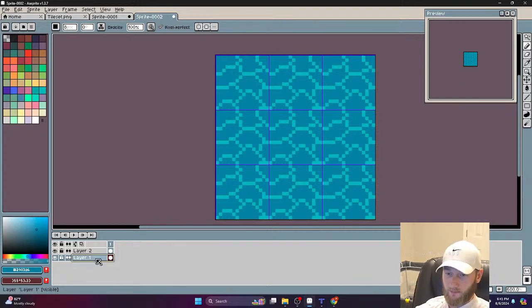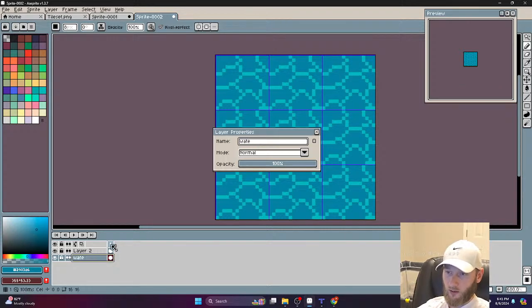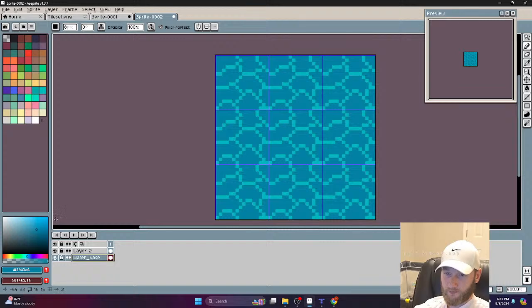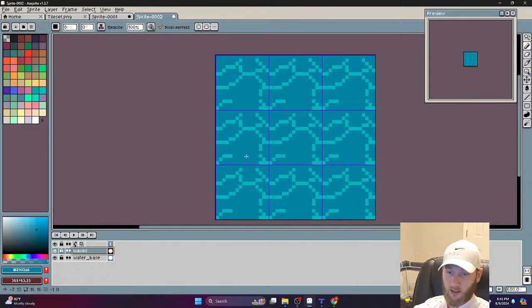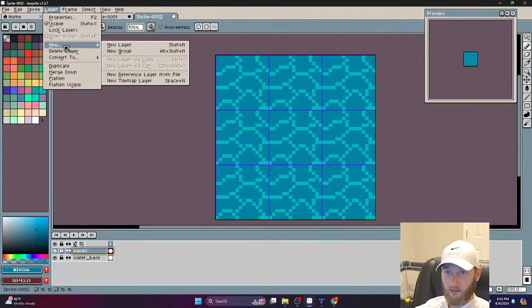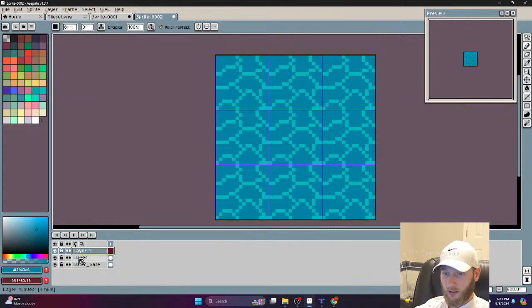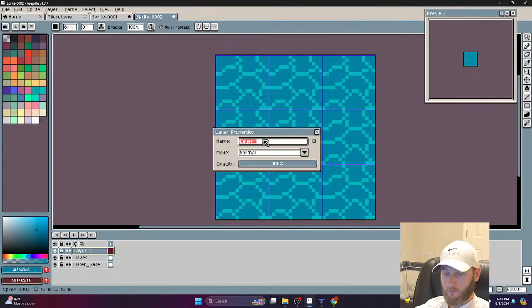So this is going to be our water base. This is going to be our wave, or yeah, we'll call it waves. And then we're going to have one more new layer, and we're going to call this one